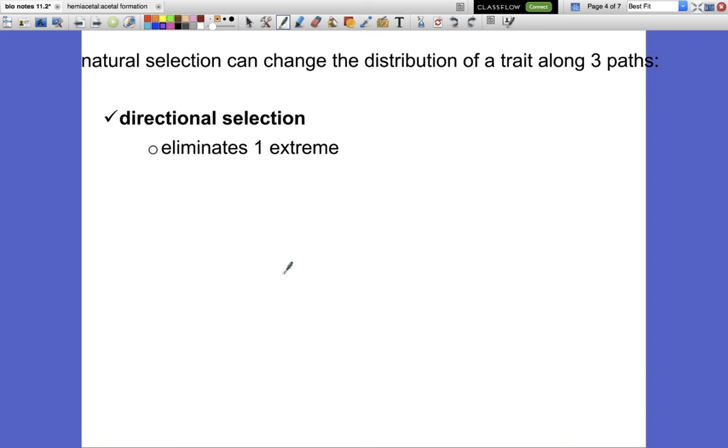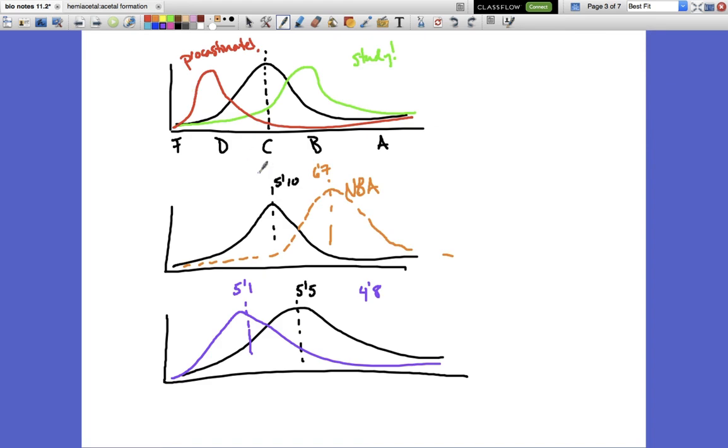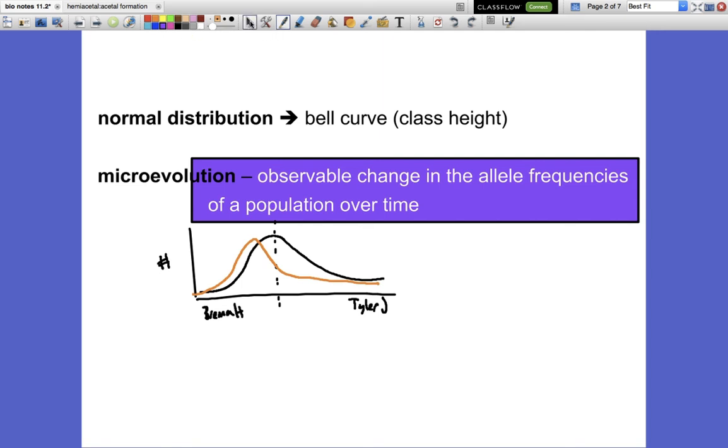But I have other videos that you're going to watch, and I'd like you to put those examples in these places. So you can draw in some directional selection, stabilizing selection, disruptive selection examples later. This was just an intro so you guys knew what that bell curve was and how we can change that bell curve depending on pressure. Right, so evidence of microevolution. All right, that's